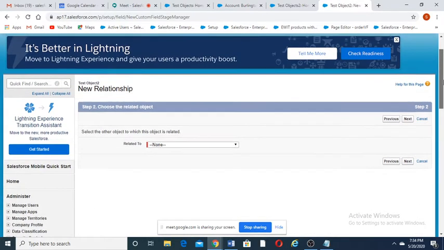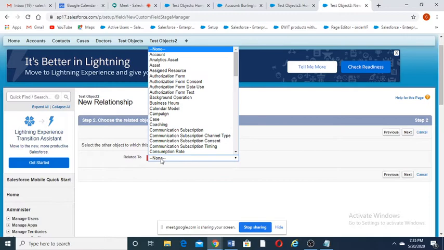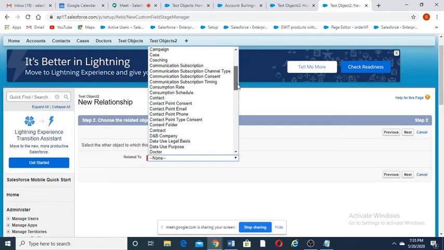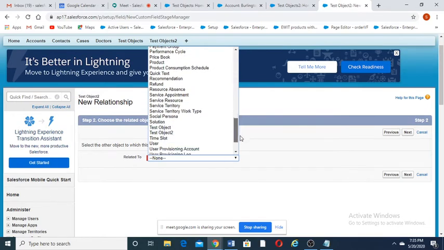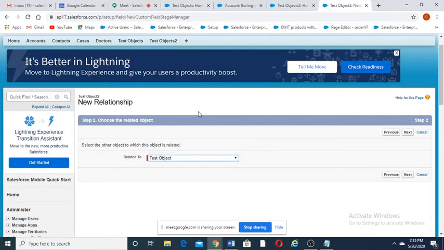So after selecting this, click on next. Then this is the child object we made, and this is the parent object. So here we have to select the parent object. The parent object is test objects. This is the parent object which we are linking test object 2 to.